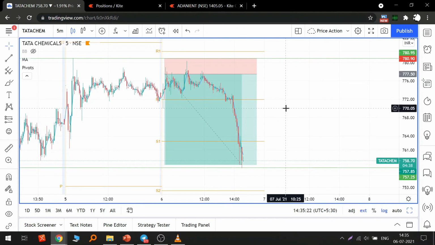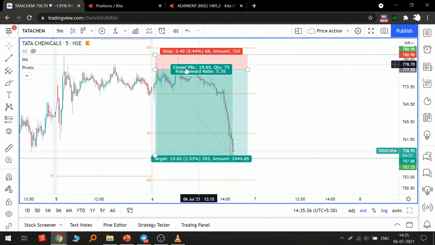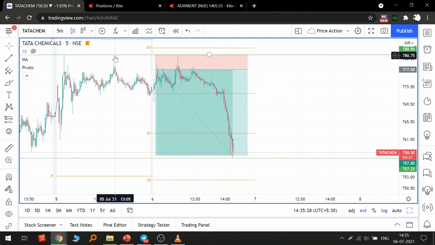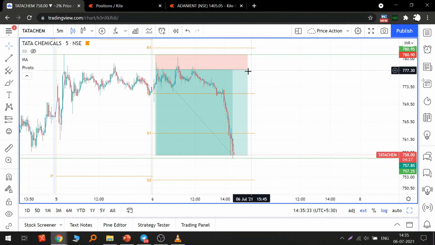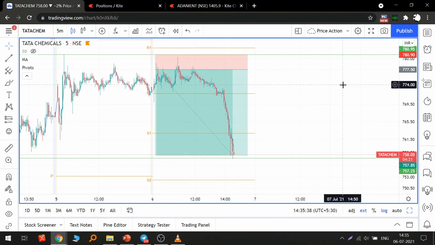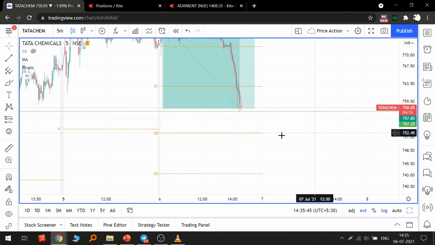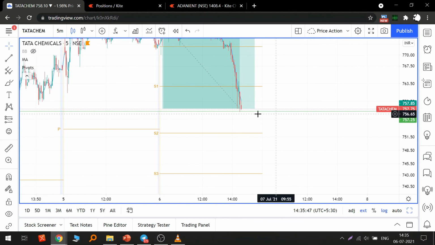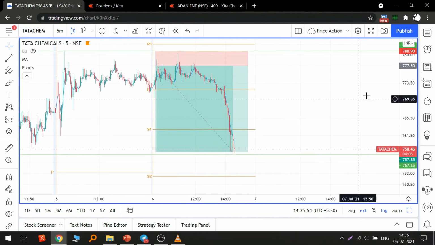Hi guys, as you can see, Tata Chem has got to its target, and as you can see the time now, we still have time left, and see our resistance zone is still not breached. It gave us a good risk reward ratio also. Resistance and support both are in line. I think it can go further down, but I also think that this pivot would be hugely respected, and from there it can go back.